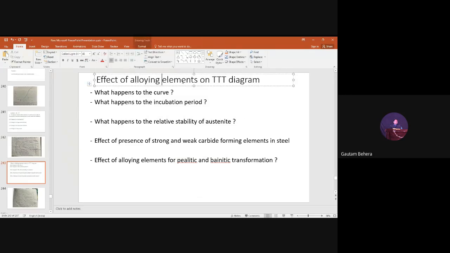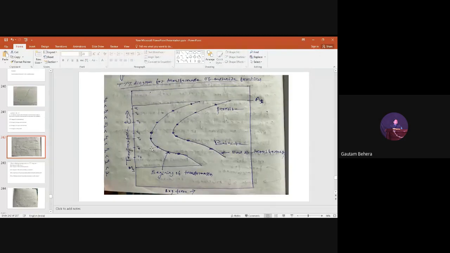Now we'll discuss the effect of alloying elements on the TTT diagram. What happens to the TTT diagram if you add alloying elements? If you remember, we have classified the alloying elements into two categories: ferrite stabilizers and austenite stabilizers. So what happens to the curve? You have to remember the curve basically, apart from cobalt,